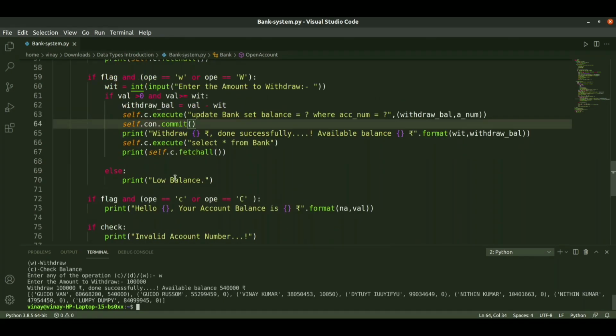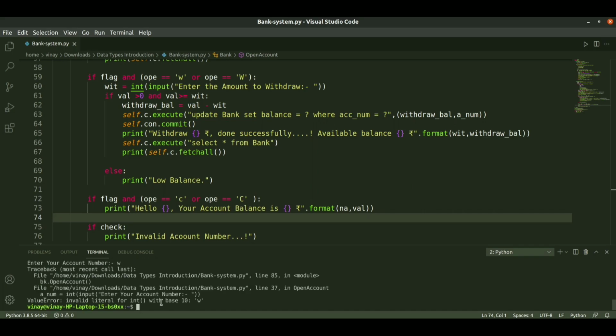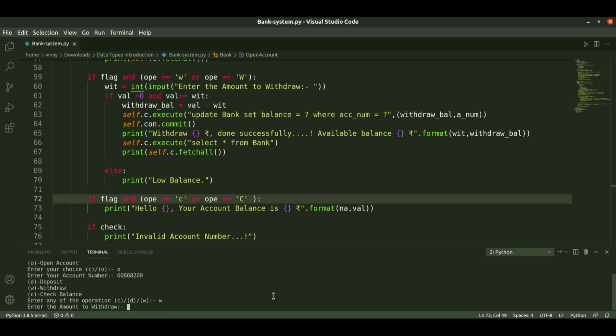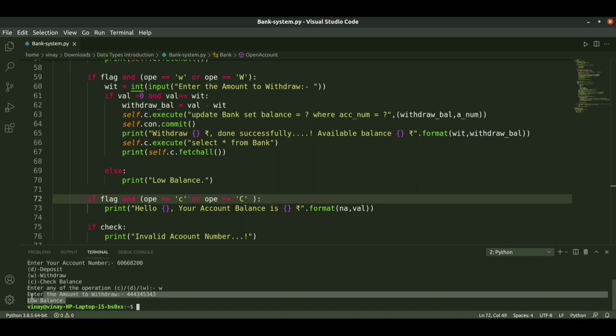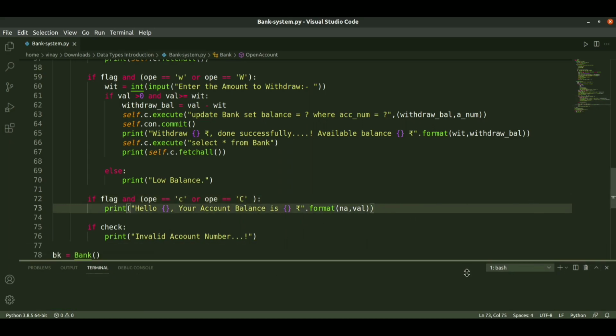So I run it again and open the account number and withdraw, and the amount to withdraw I will enter as a larger number, so it should show the low balance. See, we got the low balance message. We exceeded the minimum balance that exists in the bank. So this is how the bank operations work.